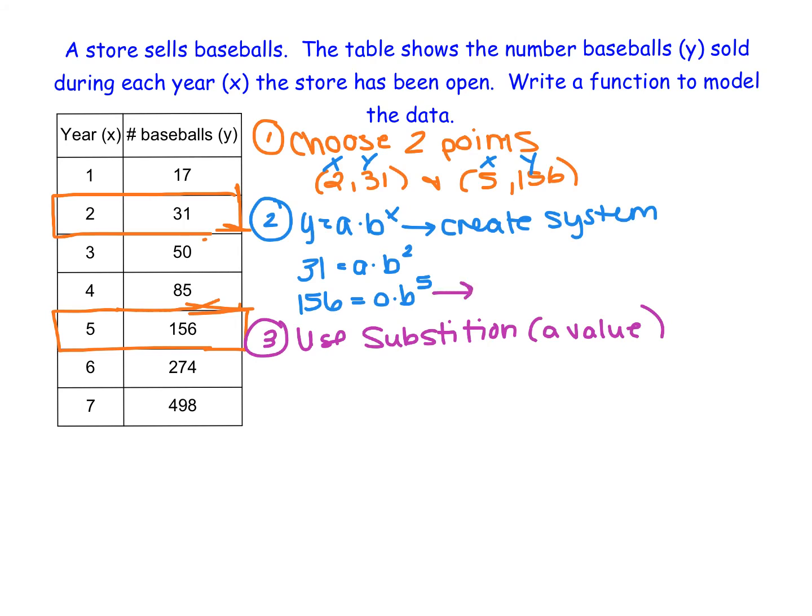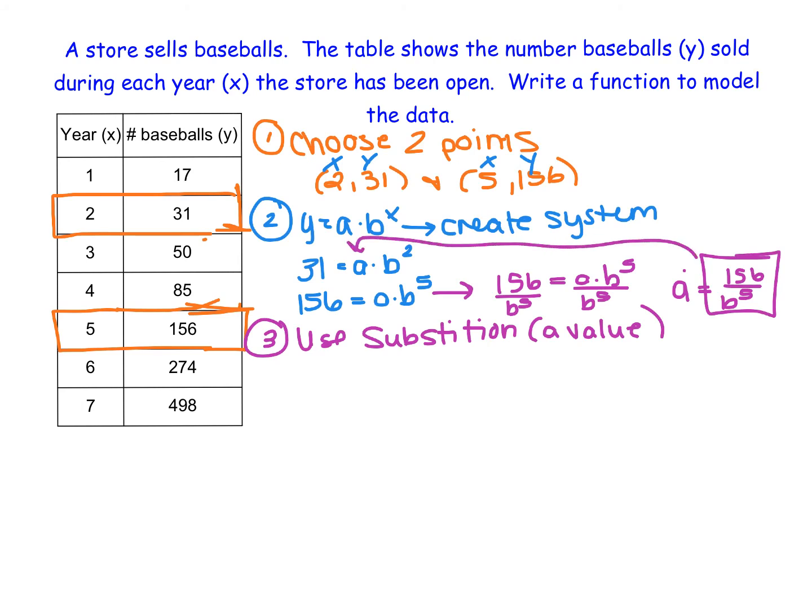So if we do that, we end up with 156 is equal to a times b to the power of 5. We want to get a alone, so we divide by b to the power of 5. So we end up with a is equal to 156 divided by b to the power of 5. So from here, if we now substitute this value for a back into our other equation, we end up with